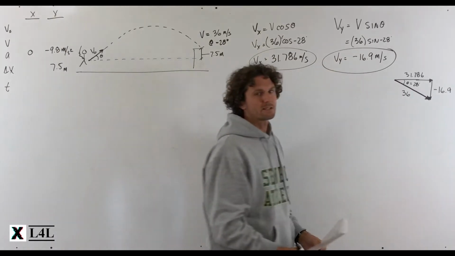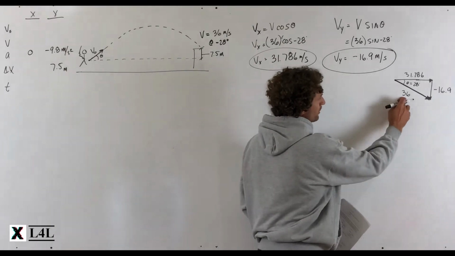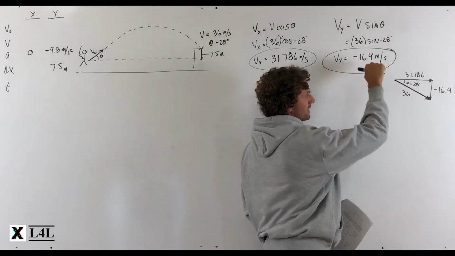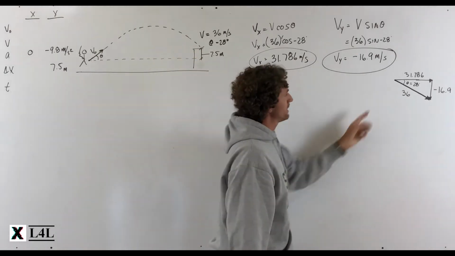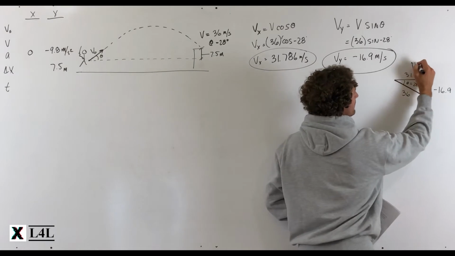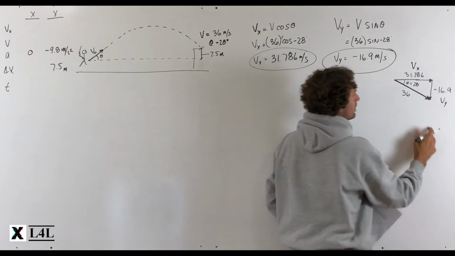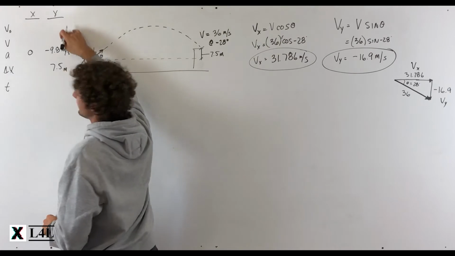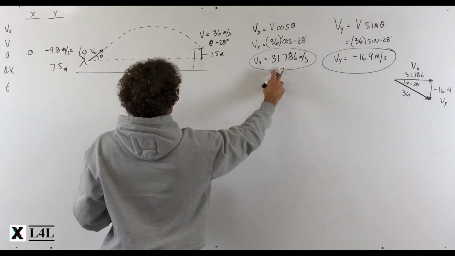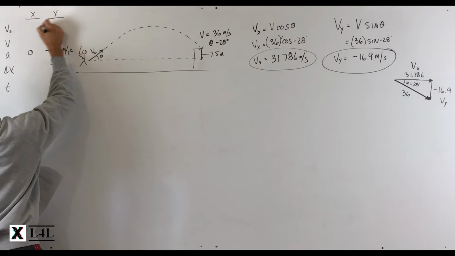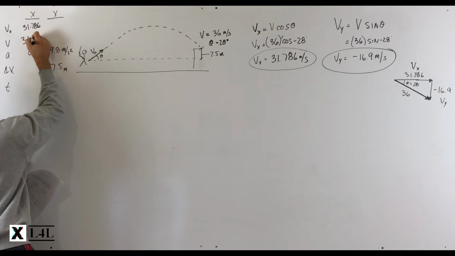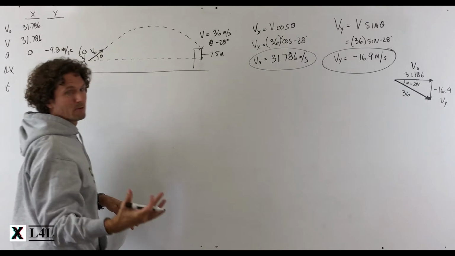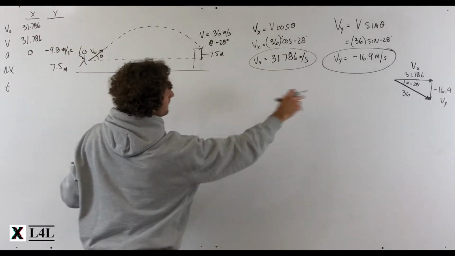Again, looking at this in the vector addition of tip-to-tail method, we're told 36 meters per second, 28 degrees below the horizontal is what the ball actually hit the stands with. And then what we've broken it down into is the horizontal and the vertical components. So that can get plugged back into here in the final. Okay, so horizontal is 31.786, and we know that is consistent throughout. So we can plug it in for both the initial and the final velocities. And the final vertical velocity is negative